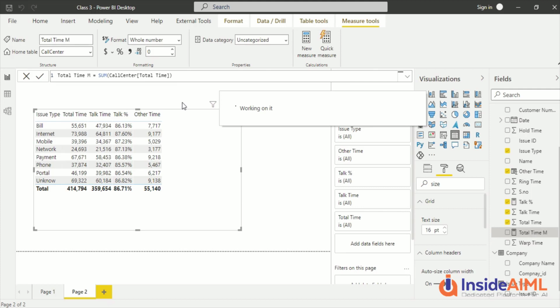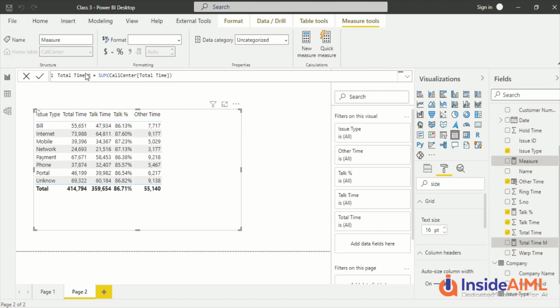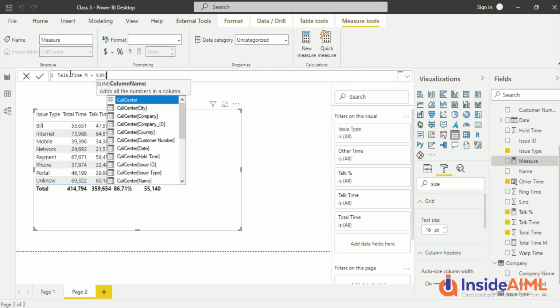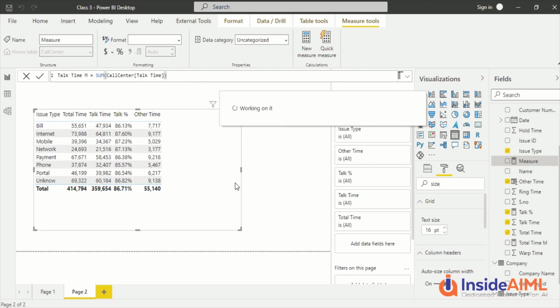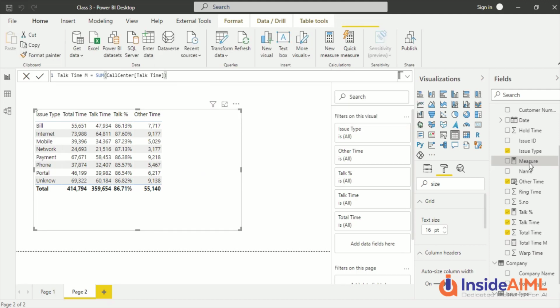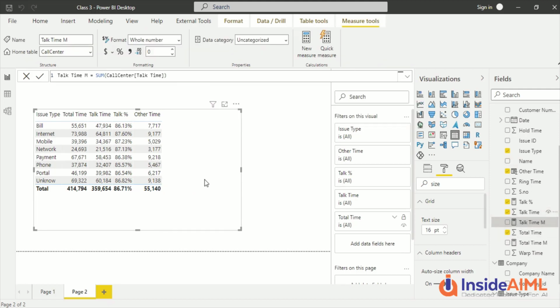And I'm going to create one more because I want to change that divide formula which I taught you, by using a measure. So here I'm going to say talk time m, and it's better you rename the column as something and always keep the measure as the closest name which you want. We'll say total time. Sorry, talk time. So talk time m is talk time. Let's see, are they coming correct? Talk time should be equivalent to talk time. Okay, that's correct. And total time m should be equivalent to total time. This seems correct.